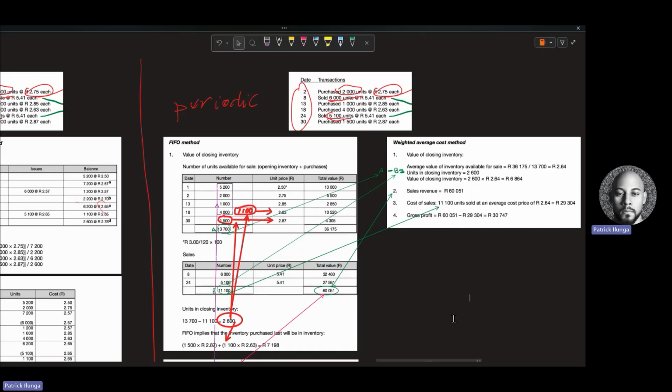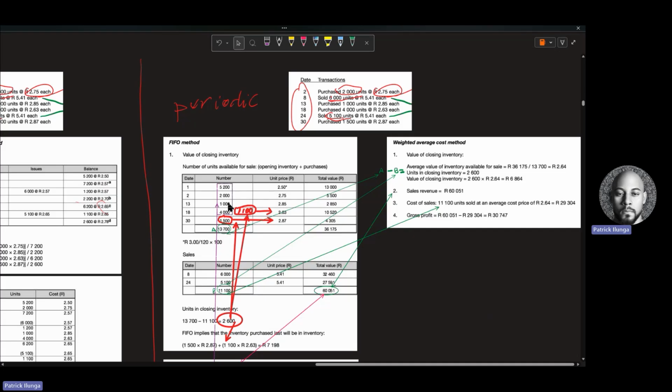Remember what was the rationale? The rationale is that we can't be tracking. We do it at the end of the period. And that's the reason why we need to separate our purchases from our sales, okay? Because we will look at the difference between the two, at the profit. We will calculate it at the end. So for now, we will just look at the purchases. So when you look, for example, at FIFO,